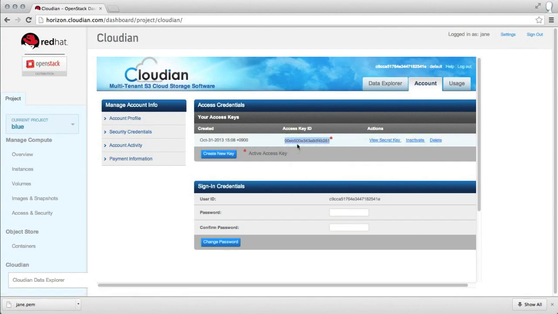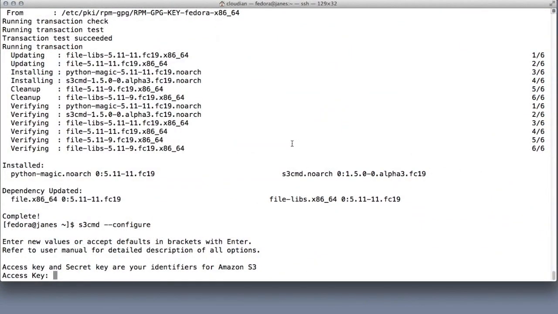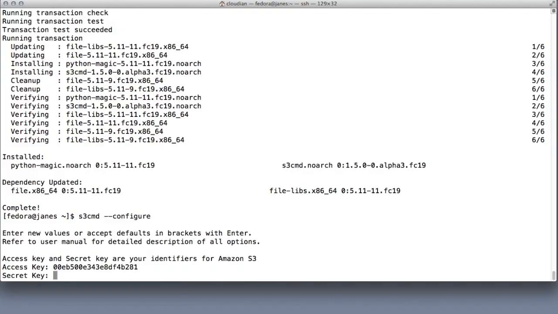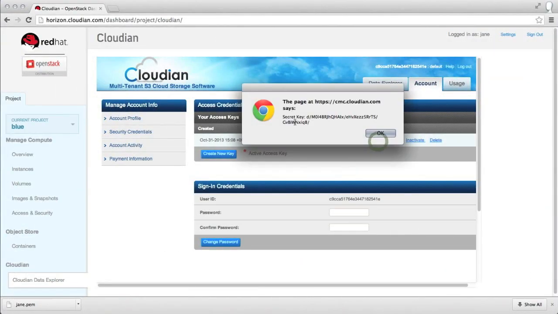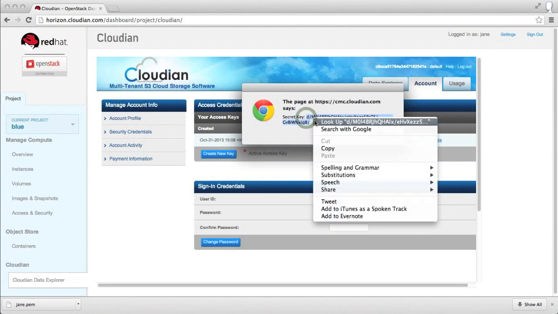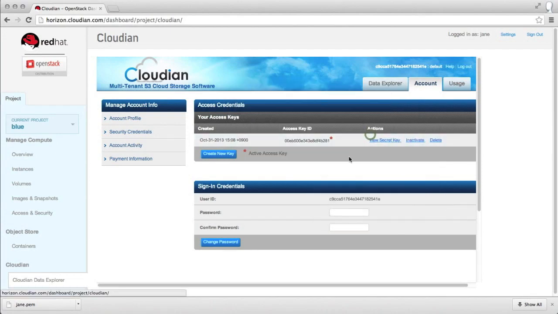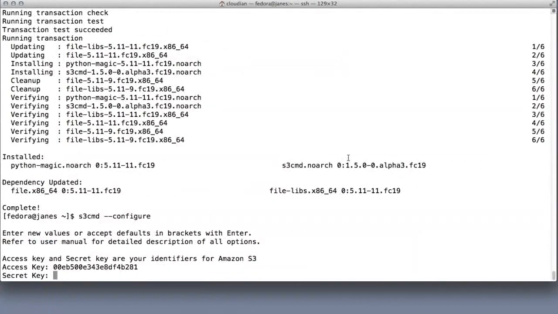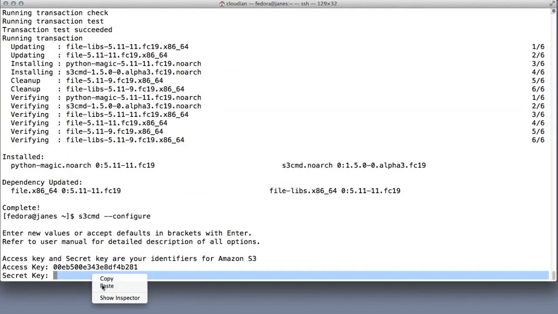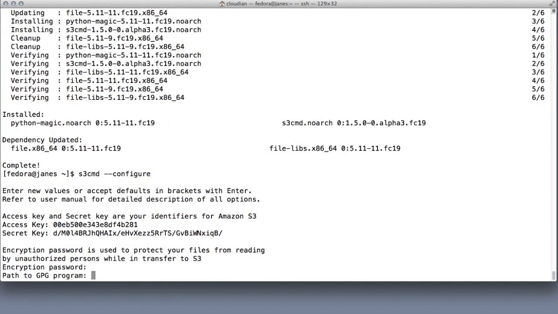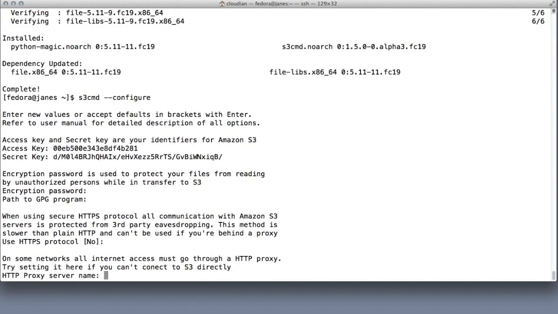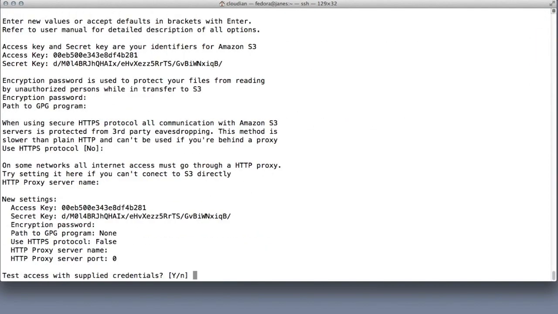Let's copy that and paste that. Okay, and next secret key. So just going to get the secret key, copy that. And paste that in. So all the rest of the stuff, we can just accept the defaults. We're not going to test it,